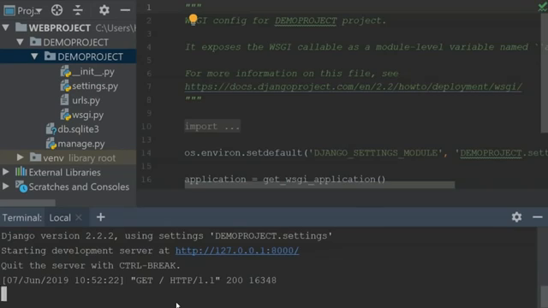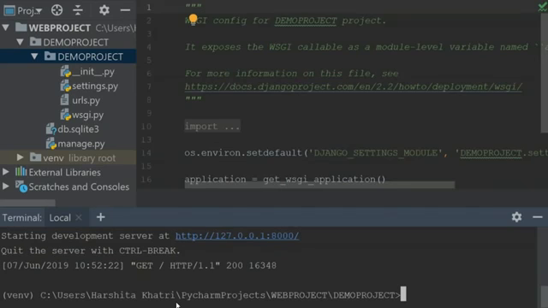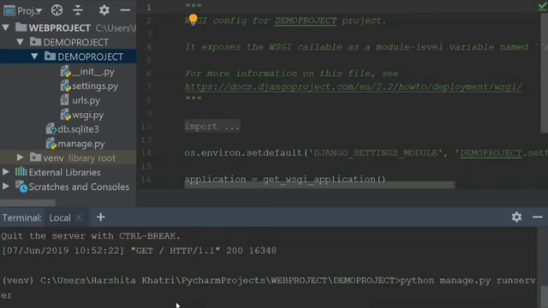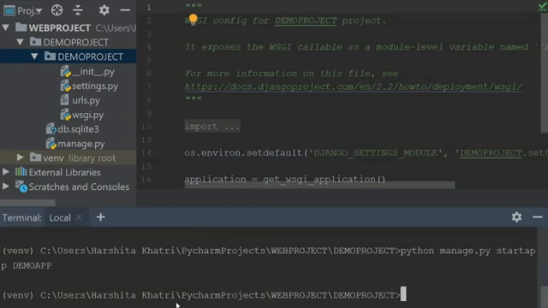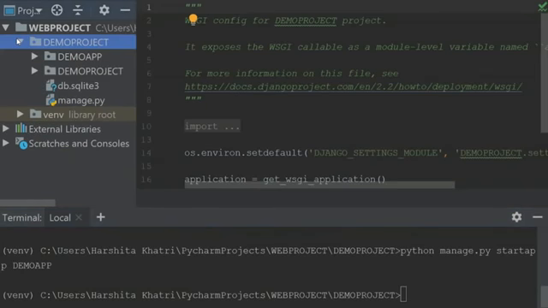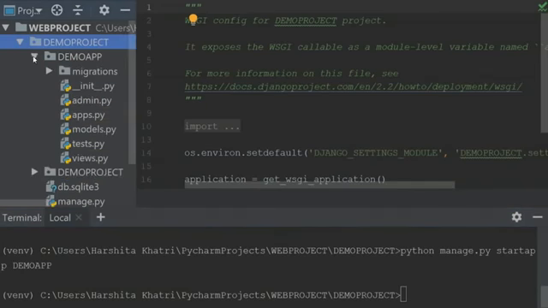Okay, so to create my website, all I'm going to do is create an app within my demo project. I'll just return the control to my terminal using Ctrl+C. And over here, I'll create a new app within my project. Please make a note, guys, that one project can have n number of apps, which means you can include any number of apps within your project. To create an app, I'll use the same command, which is python manage.py, and instead of runserver, I'll use the startapp command and I'll give a name to my app. Let me just give the name as demoapp. So now an app has been created within my project. Let me just open this up to show y'all what's present within this demoapp.